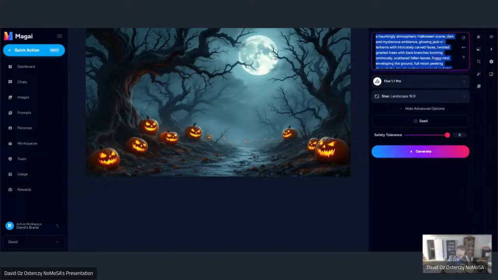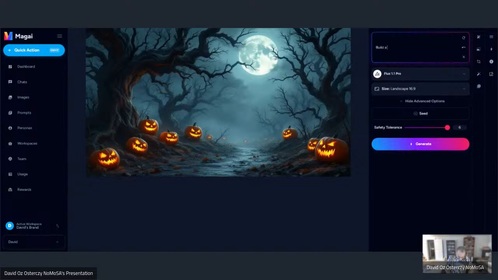let's do Christmas. Okay, so build a Christmas zoom background with greens, reds, and whites. I'm going to keep this as simple as possible. And